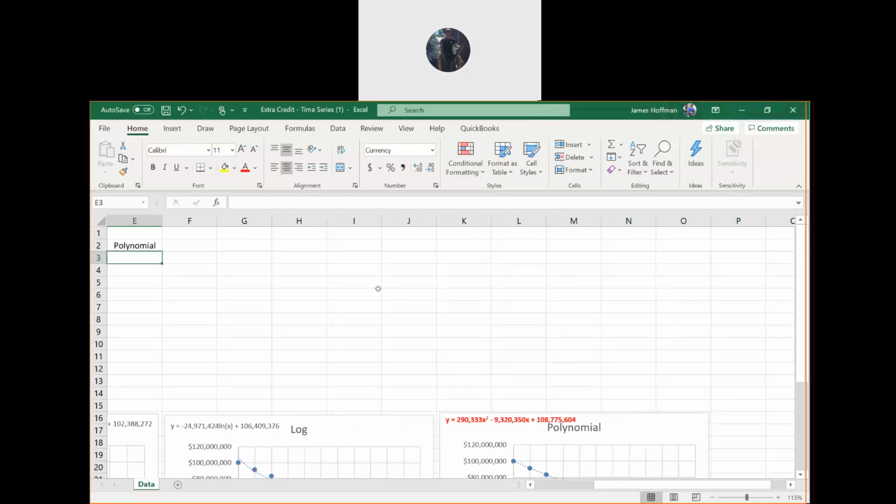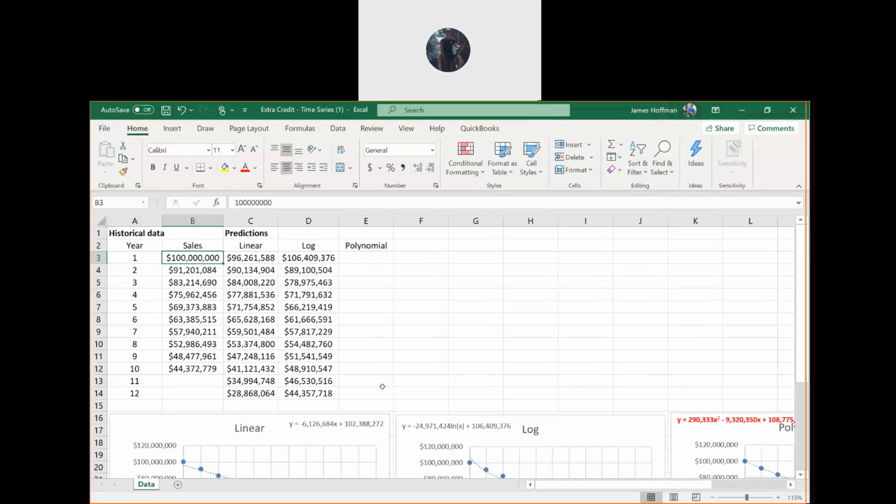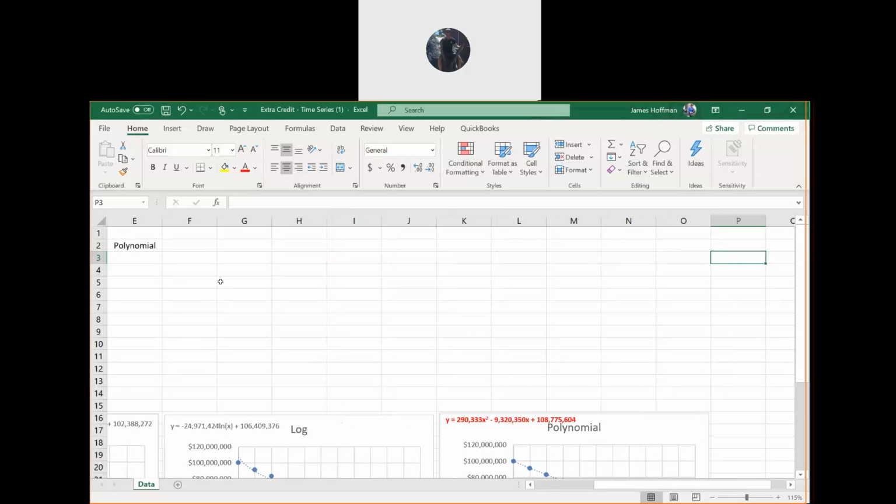It's a big equation. So in E3, you want to type in this big equation that you got from the polynomial, which is this. I made it red so I could see it. Okay, that one there. So let's type in this big polynomial equation, including the correct x values, which are A3. Right? Yeah, A3. All right, so in E3, here's the equation, equals.